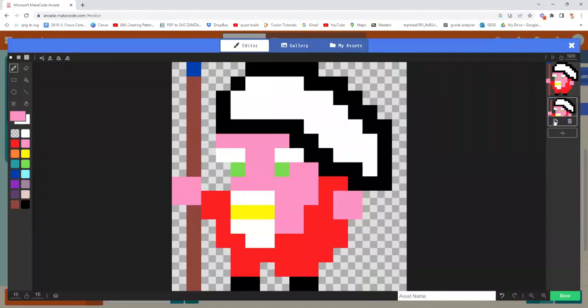If you click this double paper here, it makes a copy of your character. So I have my first copy and I have my second copy. Now, if I click play, it does nothing because the first copy and the second copy are exactly the same. Now, what I'm going to do is click on the second copy and alter